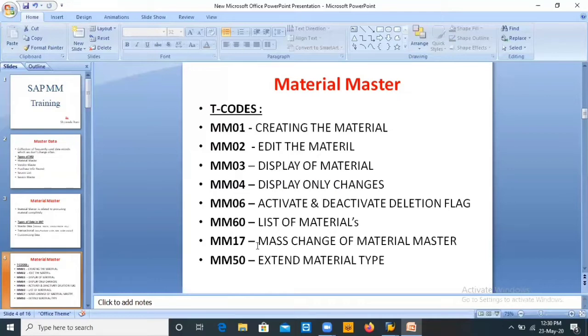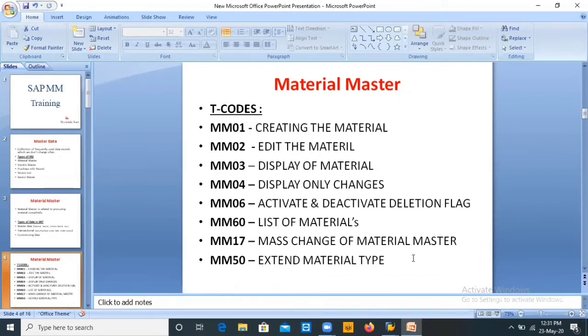MM17 is the mass change of material master. If you want to change anything in the material, like a material group or unit of measure, and you are working in a company, there are thousands of materials.